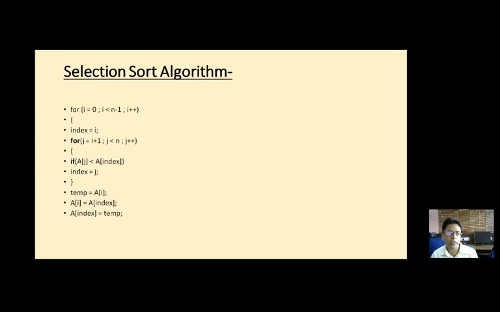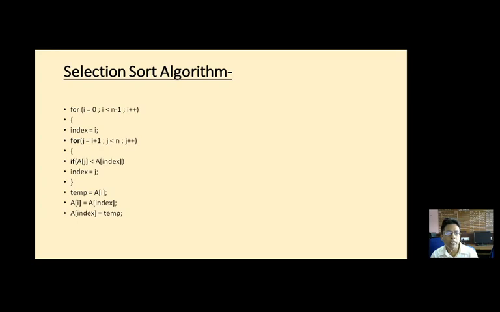Then the second loop is for j equals i plus 1, which means from the place where we started, we move toward the right side. And after that, we check the condition: is there any element for which a[j] is less than a[index]? Means if there is any element smaller than the element at which the index was pointing. Index was the element which we assumed to be smallest, but if we find some element smaller than the indexed element, then in that condition